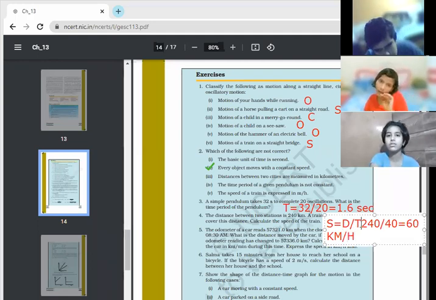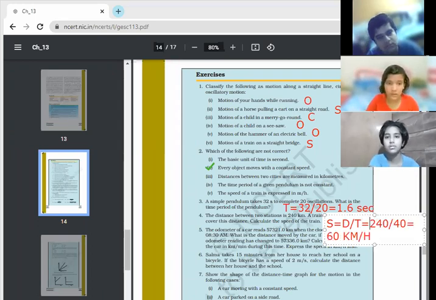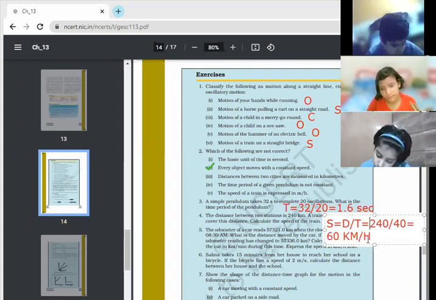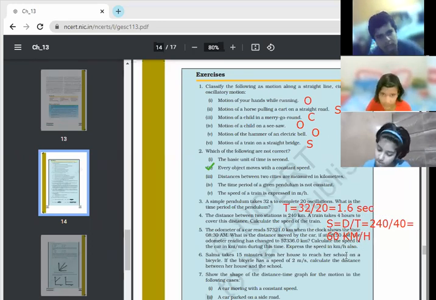I am doing it in this way, but you won't be doing this. आपको पूरा explanation लिखना है इसका. That the speed equals distance covered upon time taken. और पूरा statement बताना है पहले आपको. You have to write down that the distance between the two stations is 240 kilometers. Time taken is this and this.